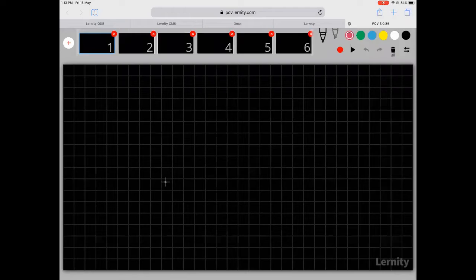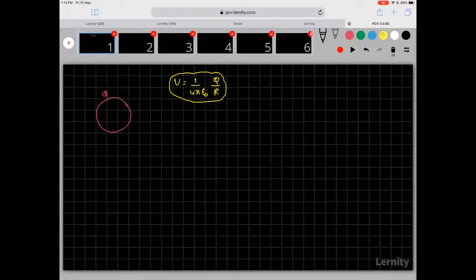So the question is very simple. The question is, I have a sphere here. It has a charge Q. What is its potential? So its potential V is very simple, 1 by 4 pi epsilon naught Q by R. So this I hope all of us are able to say.